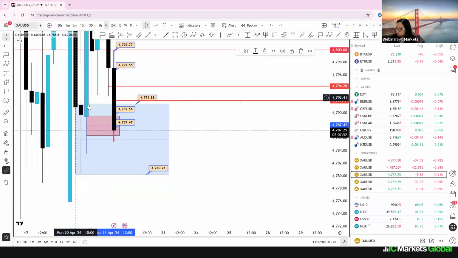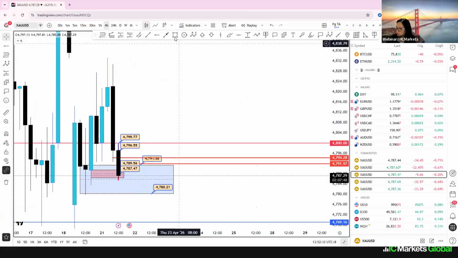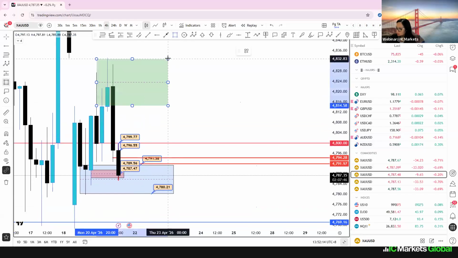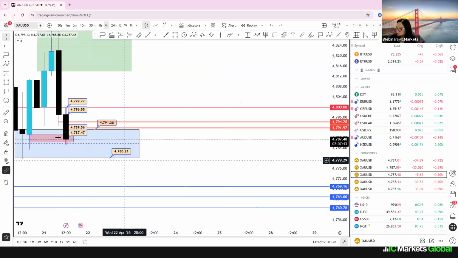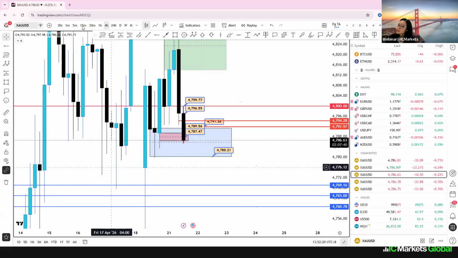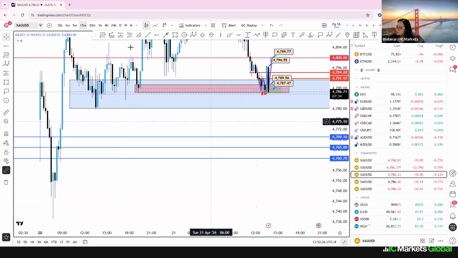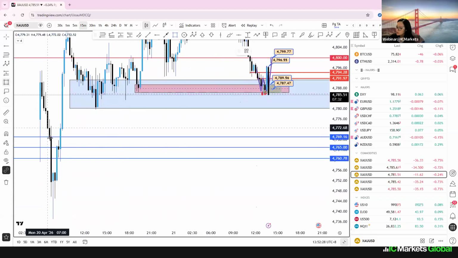But then you see that there's still strong selling, and H4 actually also shows us the bearish engulfing gap here, right? So we're going to see how this level is going to hold. If it cannot hold, it's going to hit the stop loss, and then the next buy zone is going to be at this level.